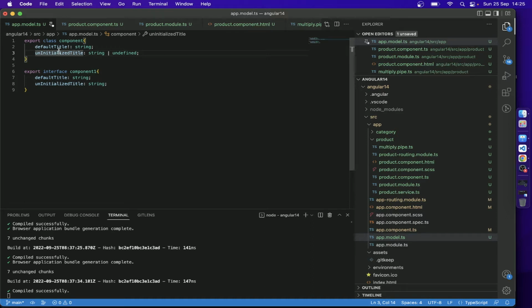But the good practice here is that whenever you are writing any class, then the property should be initialized. This should be the good practice while defining any class. But if you have to define a class without initializing any property, then you should go for interface rather than the